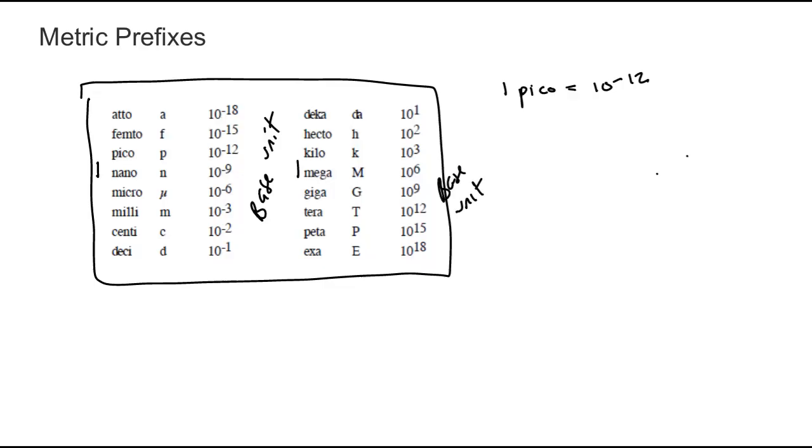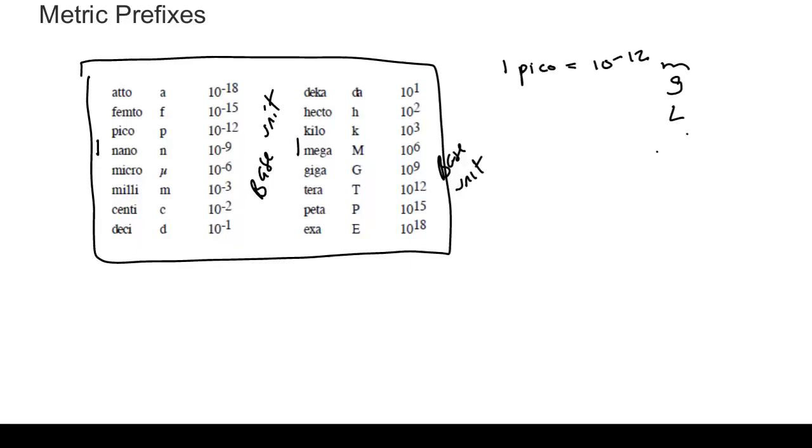So let's say I'm working in meters, so that will be meters. I could work in grams or liters. 1 pico will always be 10 to the minus 12. And then I just add the base unit. If I say 1,